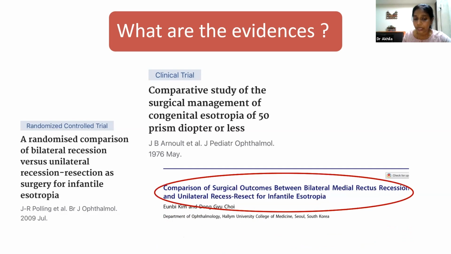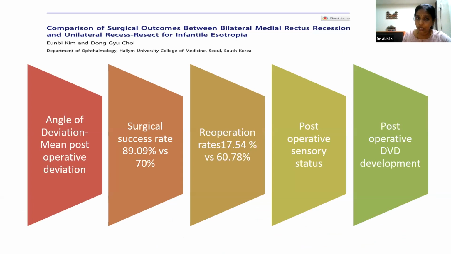But this study on comparison of the surgical outcomes between these two procedures by Yoonbi Kim, which was done in South Korea. Now, this study, which was done in almost 80 children, they compared the surgical outcome of all these children who were operated for either bimedial recession or a unilateral R&R, and they compared the outcome based on these criteria, that is the angle of mean deviation in the postoperative period, the surgical success rate, and the reoperation rates. Now, if you see, they had a clear